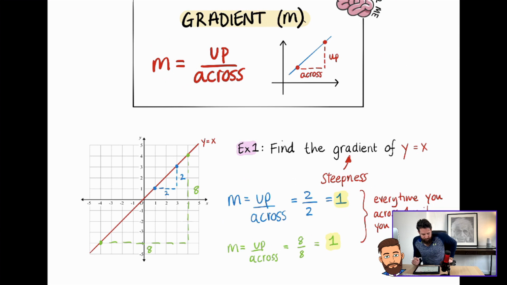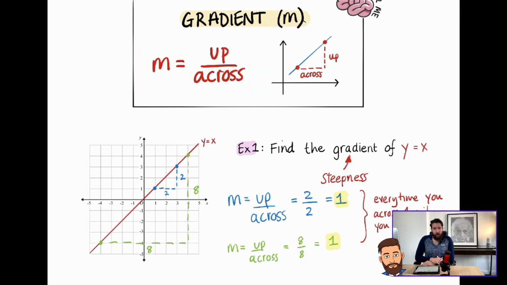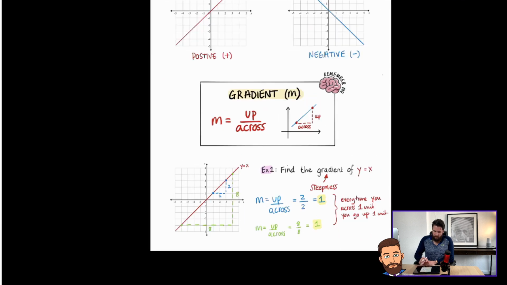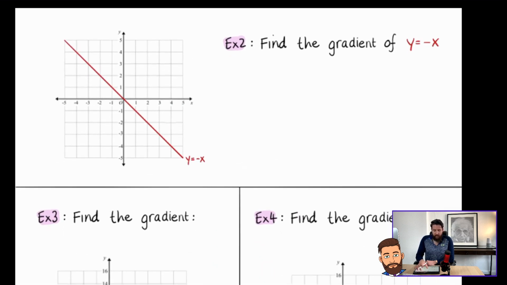What we've seen there is how do we take a straight line, use the formula that we spoke about here, m, remember is the gradient, and work out a value for the gradient. In this case, 1. Every time you go across 1, you go up 1. And we can see that. If you go across 1 unit, you go up 1. Across 1, across 1, across 1. And it makes a straight line. So we can take that understanding into different examples